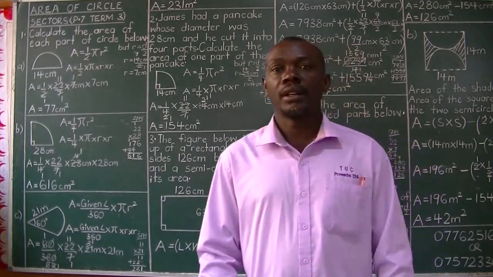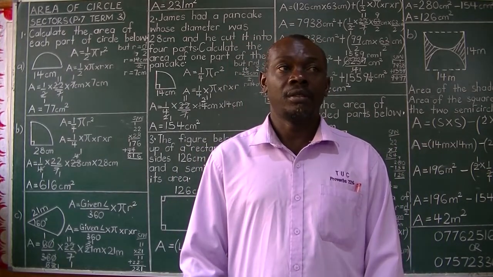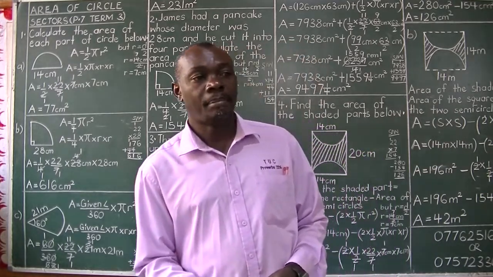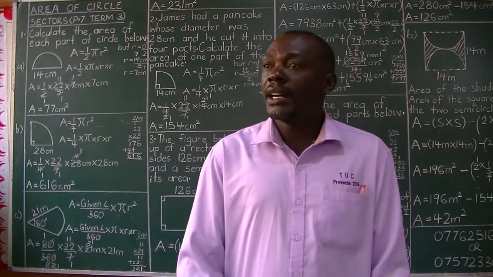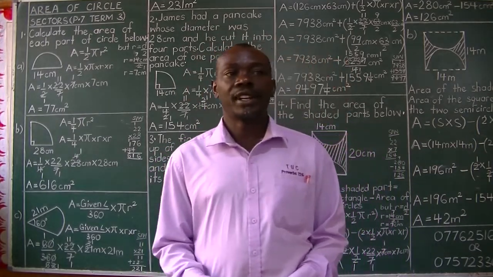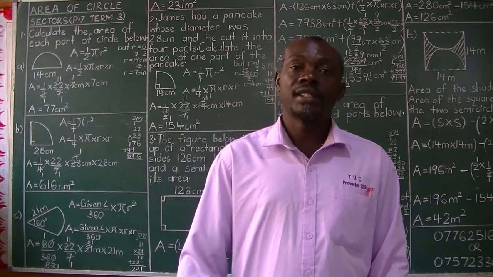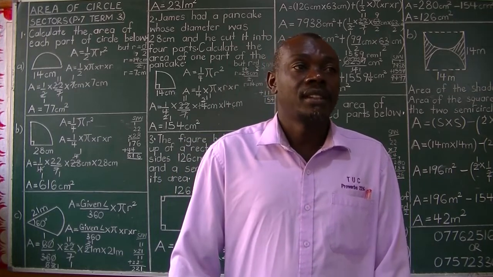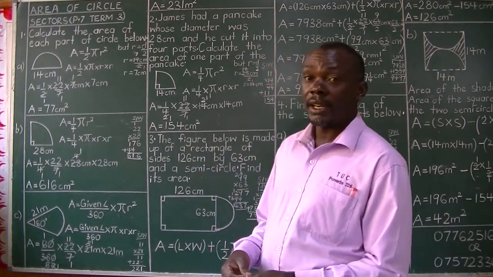Today we are continuing with the circular properties, and we are looking at the circle sectors. A sector is a part or a portion or a fraction of anything. So we are looking at circle portions, circle sectors, circle fractions, circle sections. When you watch this lesson, you will be able to answer activities from page 36 to page 40 of our workbook P7, term 3.